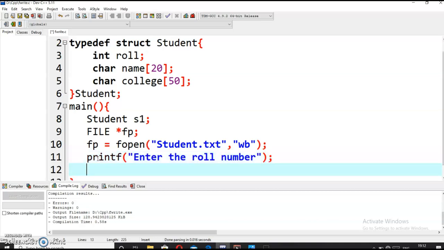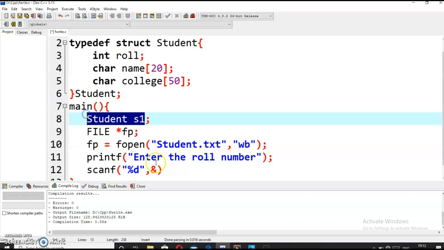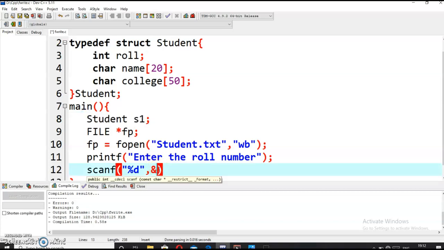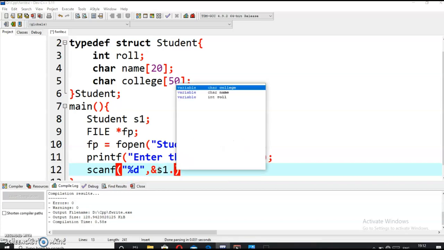And here I will be taking the input using the scanf function, scanf %d, comma, address of. If I want to access this structure, then I have to use the object of the structure. So I will simply write s1 dot roll.